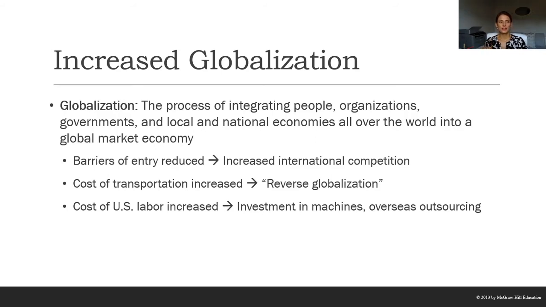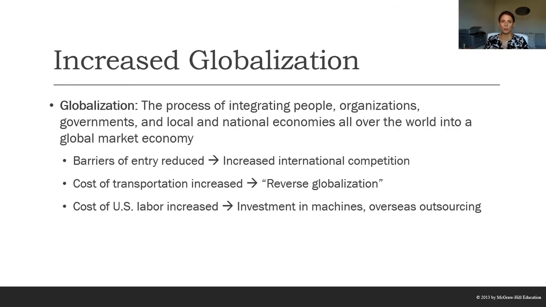Globalization has impacted the workplace in a few ways. Barriers of entry have been reduced. In other words, it is now easier for people from any country to start a business. It's still not easy, but it's easier than it was 50 years ago before the internet. Because those barriers have been reduced, there are now more people starting businesses in other countries, which increases the international